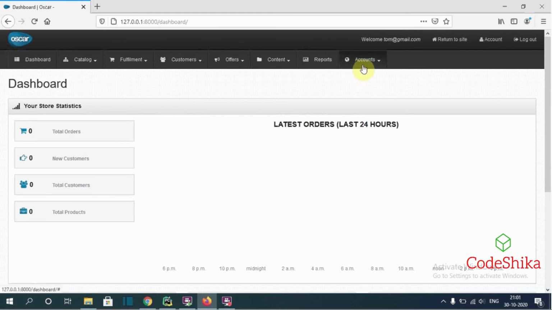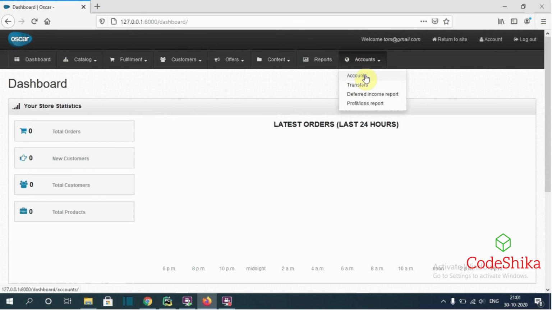So this is the Accounts tab which is added by our Django Oscar accounts package, and I will click this. So these are the account transfers, deferred income report, and profit or loss report. These are all the functionalities provided by the package, and I have given some little info about these functionalities in our last introduction tutorial.